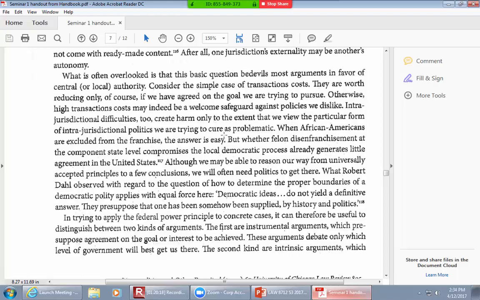And now we're saying, okay, there's a problem still with this idea of where you want to put the authority because of externalities. So if you put, for example, this power of marriage legislation at the state level, then